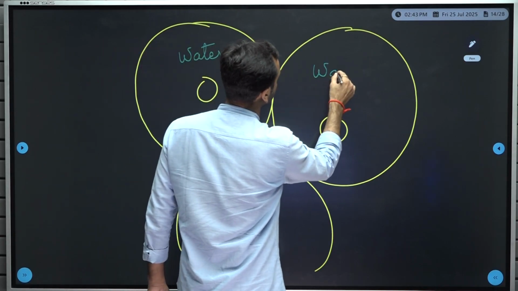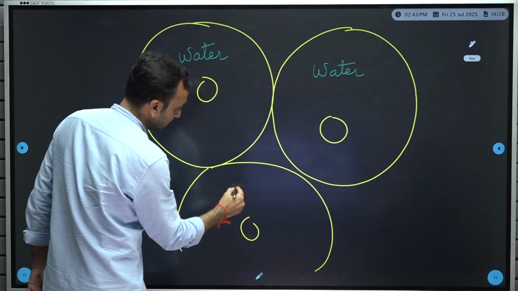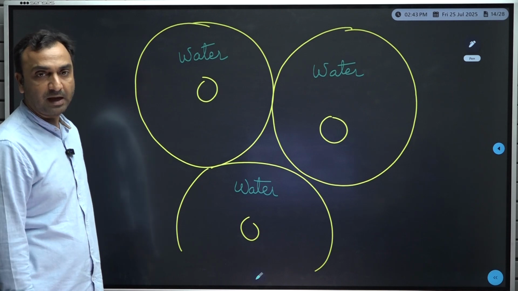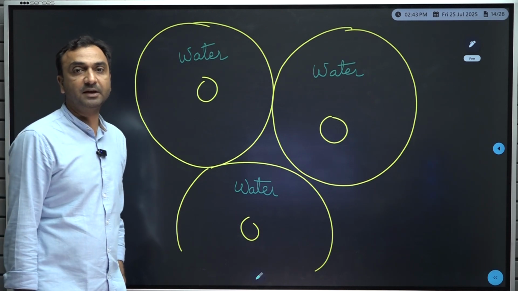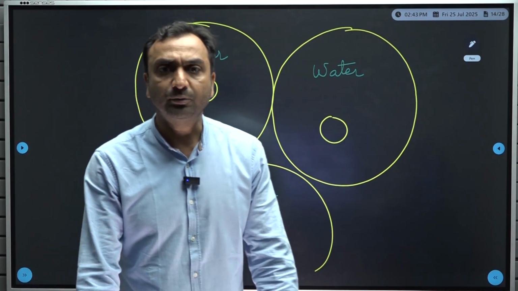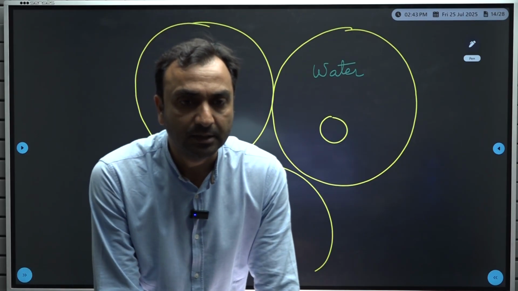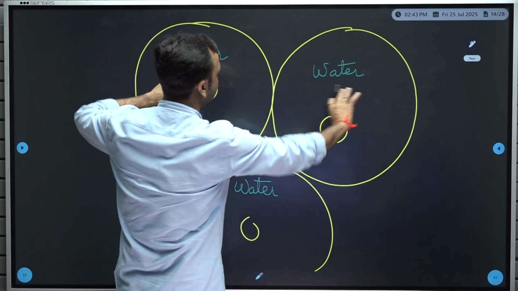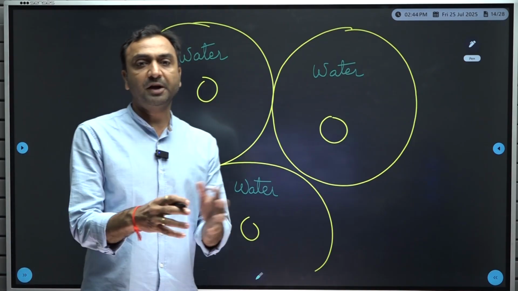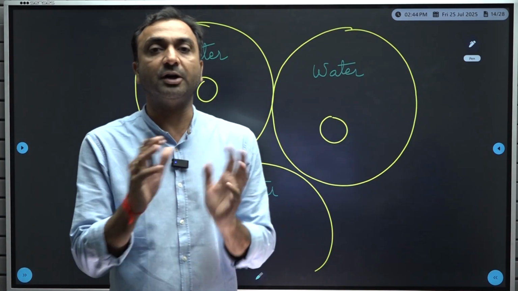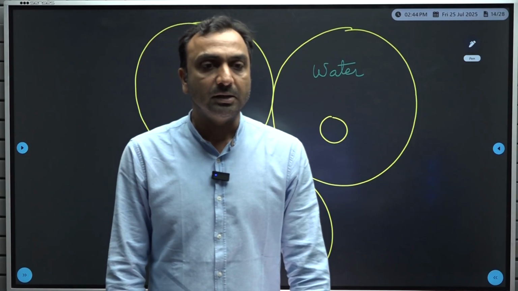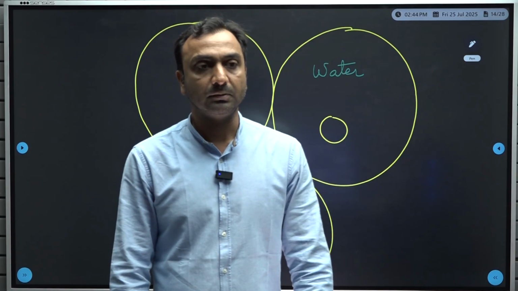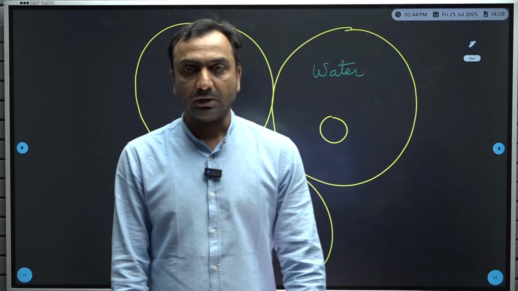Here is also water. Here also you have water. All these three are having water as the cytoplasmic content, right? So this medium of water has to get separated from this medium of water. So you are separating one medium of water from the other medium of water. You want to separate one medium of water from another medium of water. Understood now? Now for that reason,